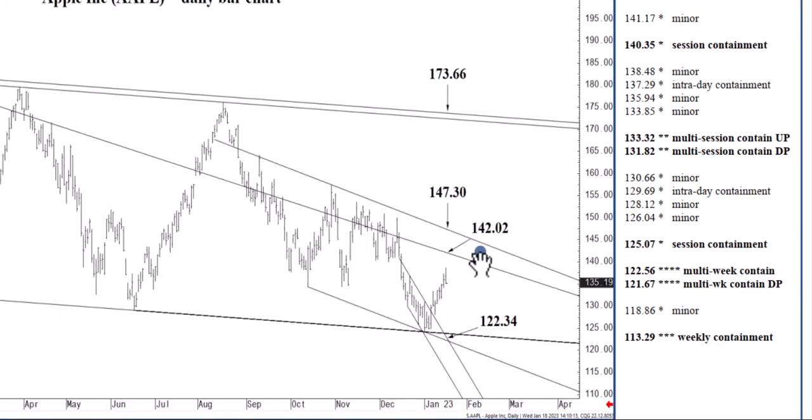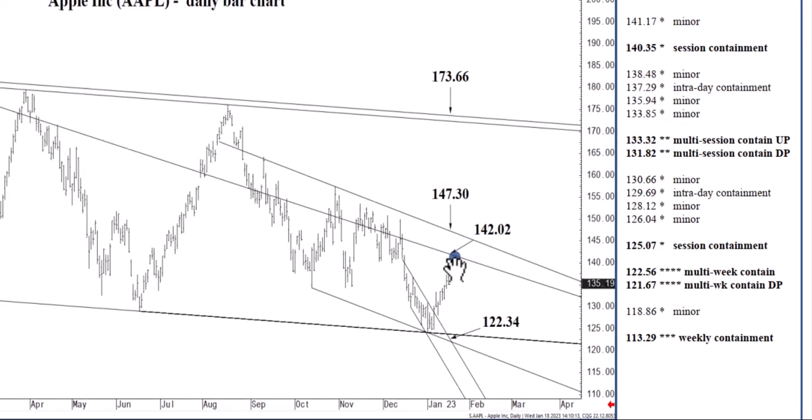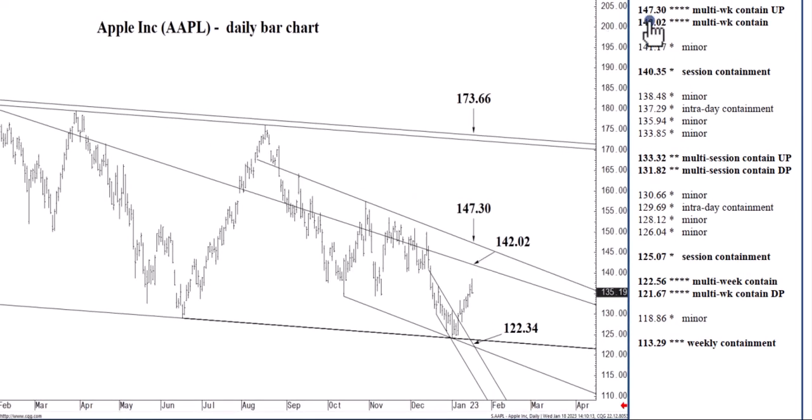Now, this is a wide zone. So the truth is, we can pick it apart. I've got it as a range up here, as you can see in the support resistance. But if we approach it in the coming days, I'm going to open this up and give you some minor points inside of it, because it would be a settlement above 142.02 that would indicate 147.30 over the following 3 to 5 days. And the way I'm framing this is, once again, we can top out in the low 140s